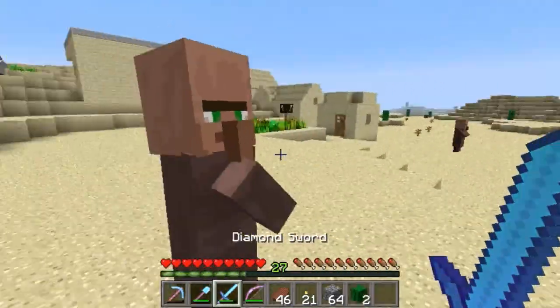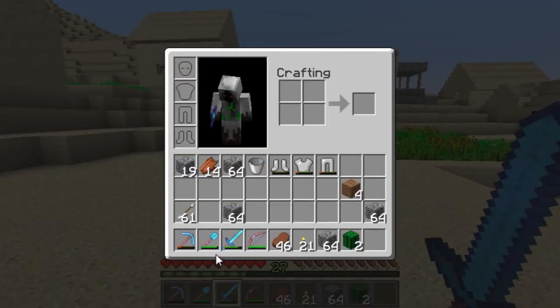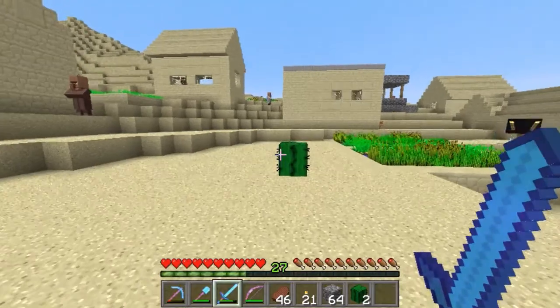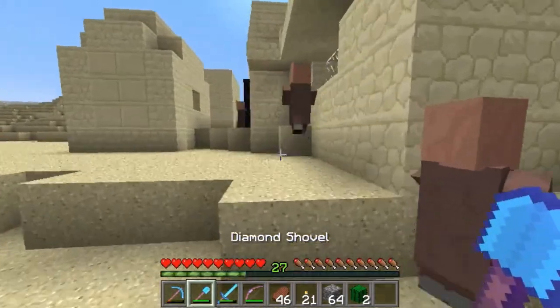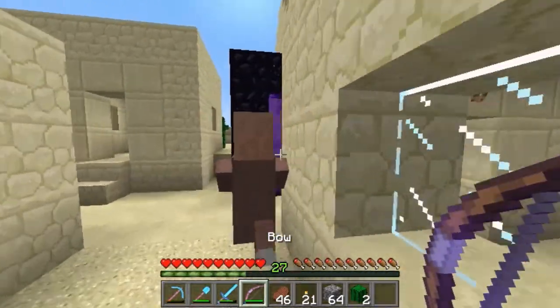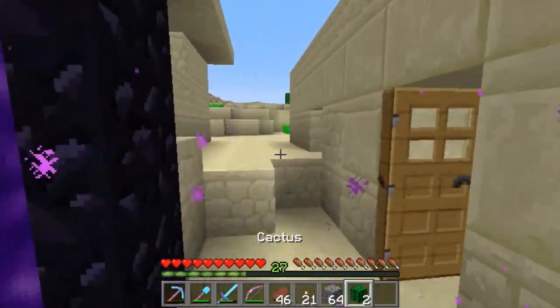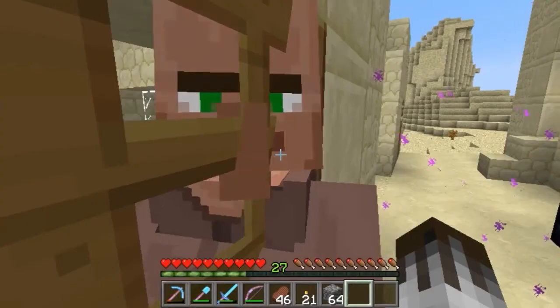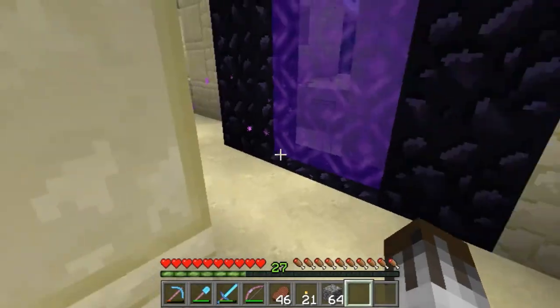Sir, no. I actually have a really good shovel now. I have an efficiency 4, unbreaking 3, and fortune 3 shovel, which means whenever I break gravel, I get a hell of a lot of, why are you doing this? I get a hell of a lot of... Okay. If I can get a guy to sort of...